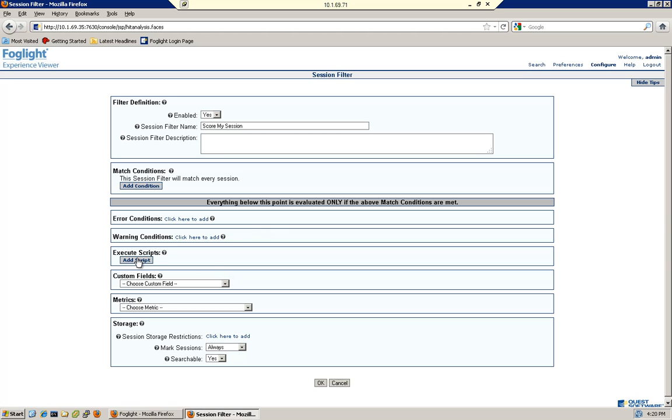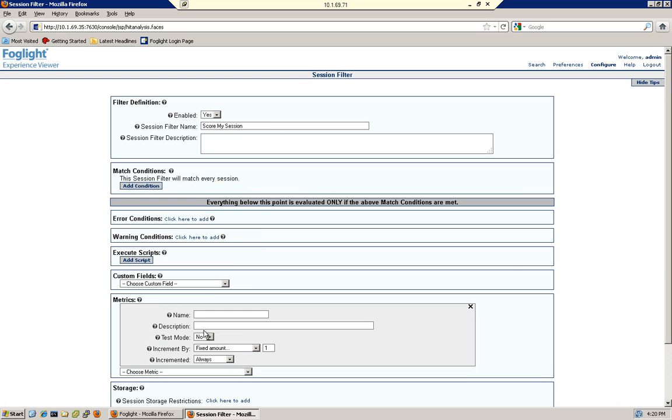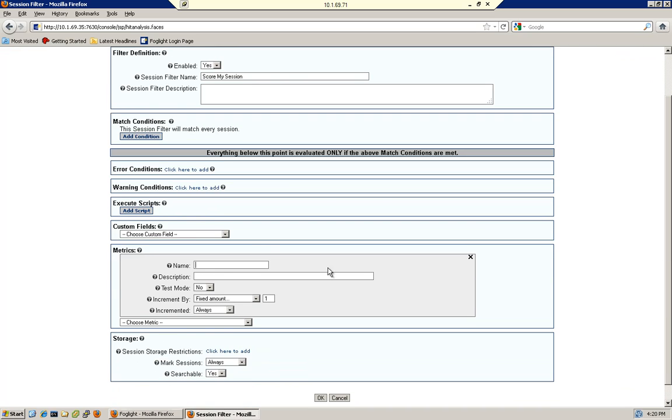I can also execute certain scripts, and these will be Groovy scripts that you can execute. I can create new custom fields that would be placed at the session level, or I could also add new metrics. And the metrics, this is the one I'm going to demonstrate today. So the metric that I'm going to use is going to be a new metric, and this is the one where I want to get session score. So this will actually be cumulative